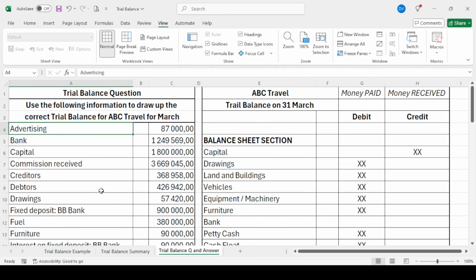They didn't put it on a debit or a credit side. And they didn't even split the totals for you between balance sheet section and nominal account section. So this is a little bit of a tough one. Obviously, if they give you a trial balance where they've split it for you between balance sheet section and nominal account section, that does help a lot. But rather prepare for the worst case scenario, and then anything easier than that is a bonus.